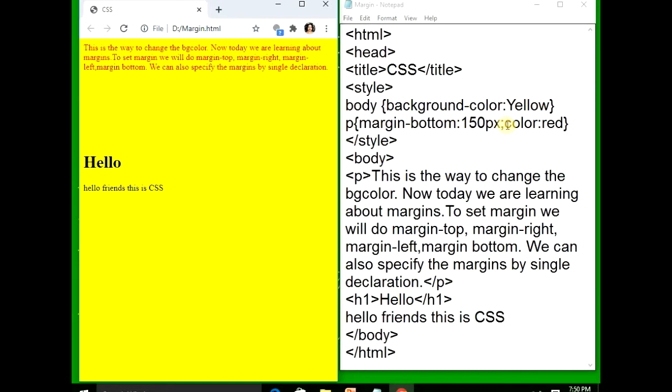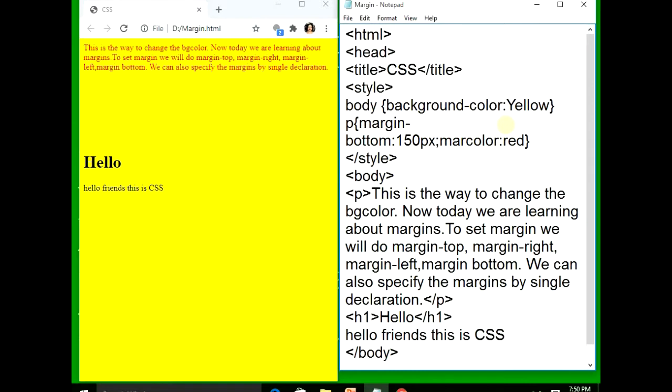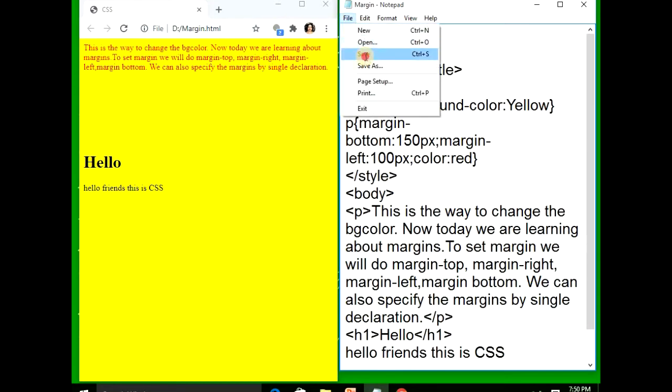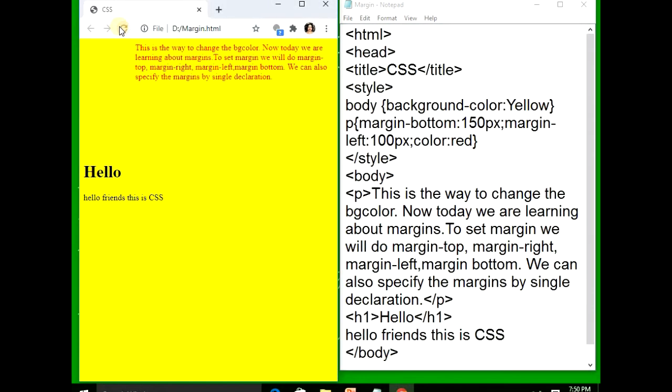Now if I want to give another margin, for that I will write margin-left: 100 pixels. Let's see. File, save, refresh.